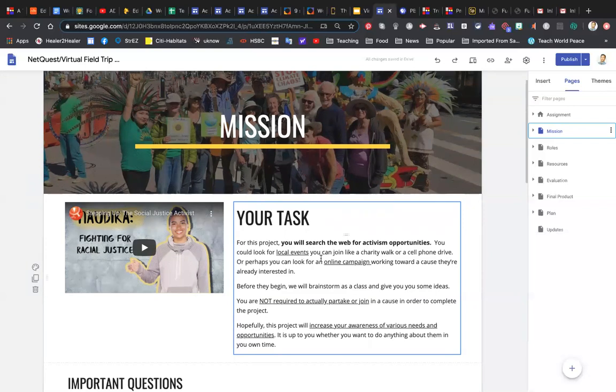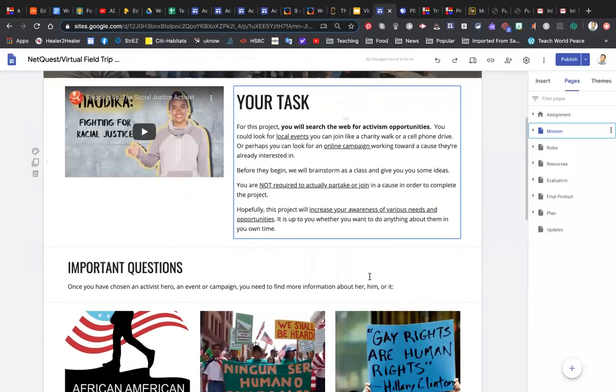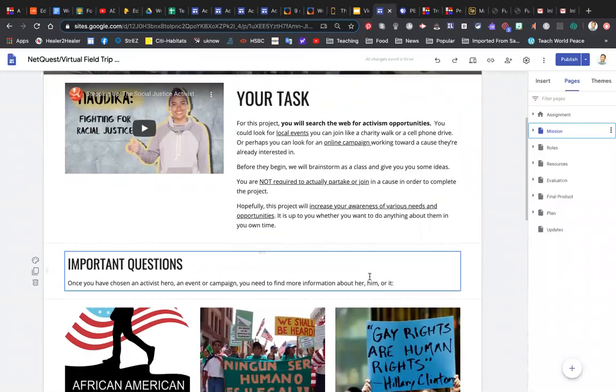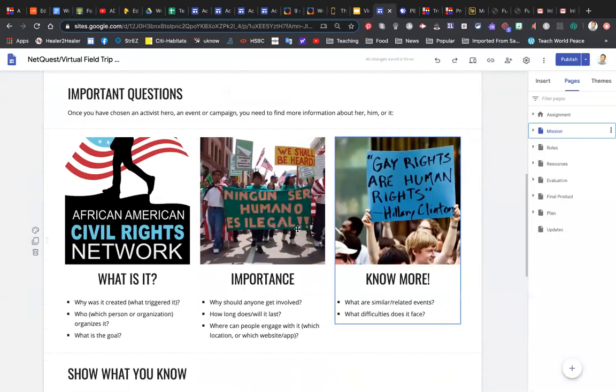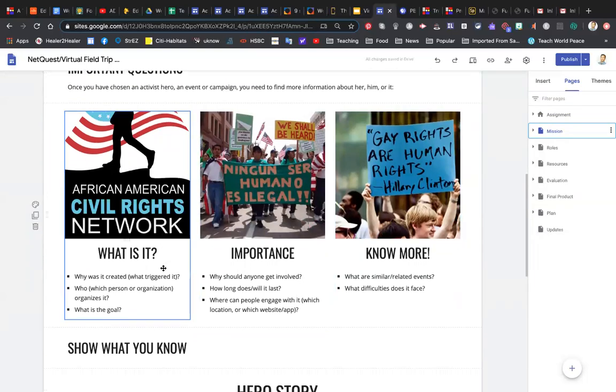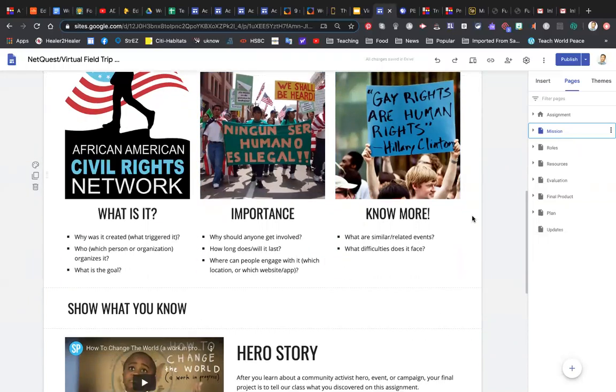Basically looking for local events or even international events that they could learn more from, not necessarily join if they're too young, but be informed. These important questions are woven into the different questions on different pages. So questions upon questions, like civil rights, like what is it? The importance of human rights and like gay rights and all these types of